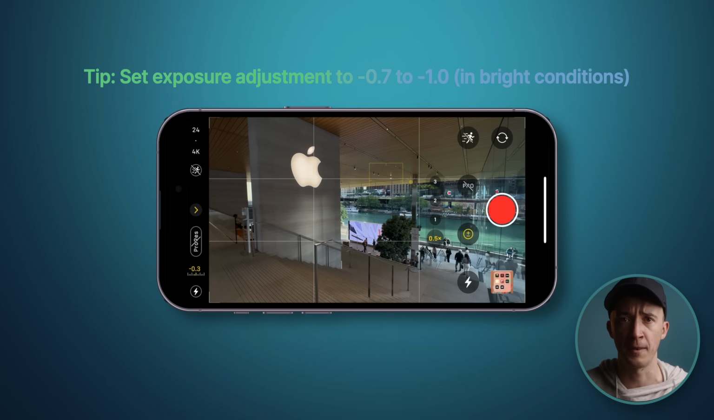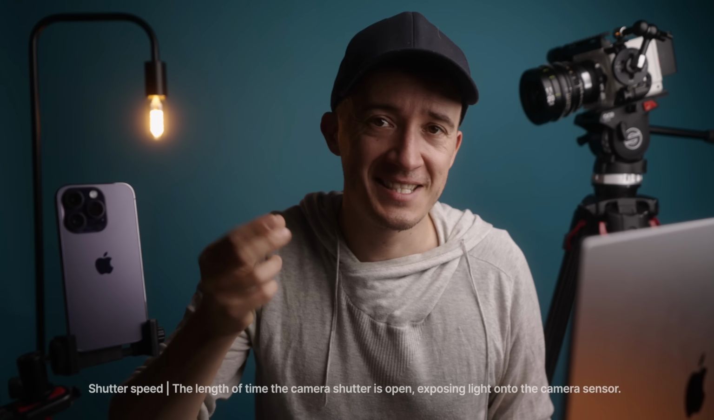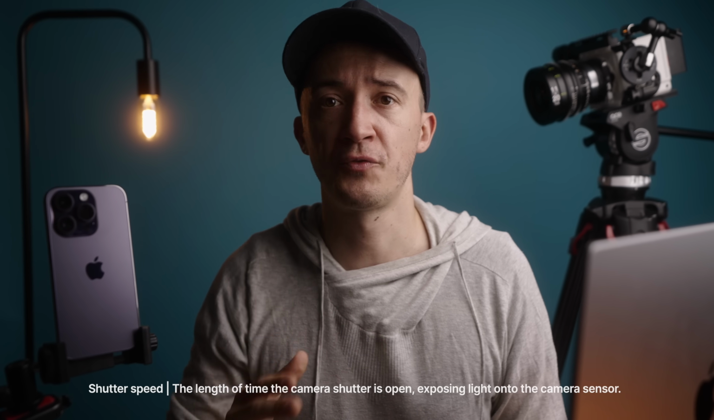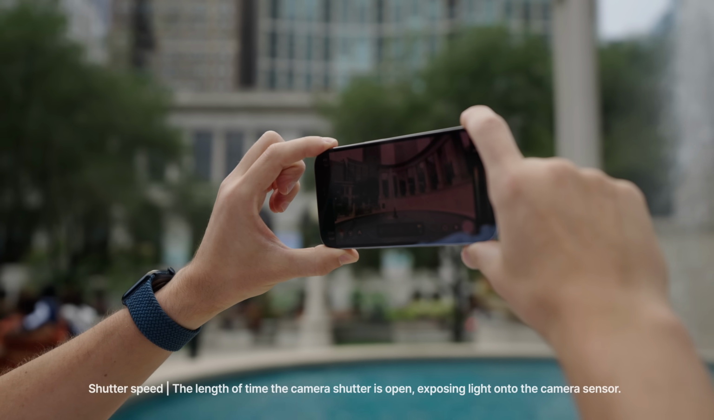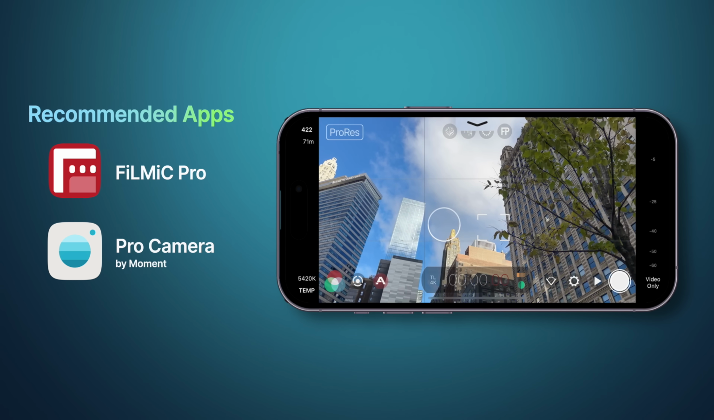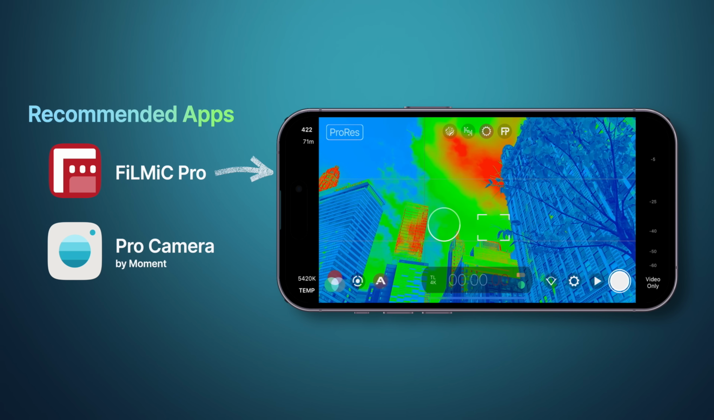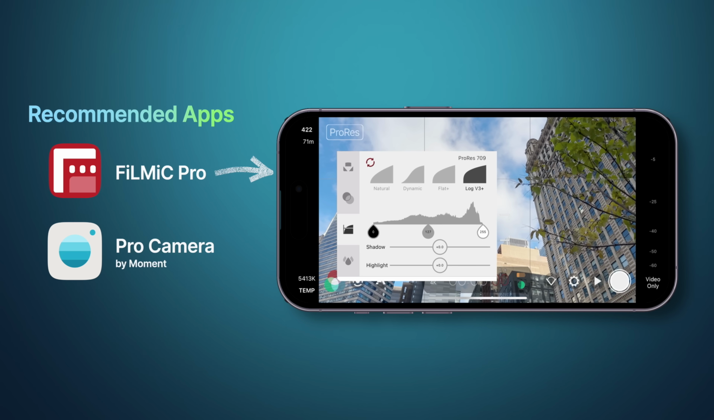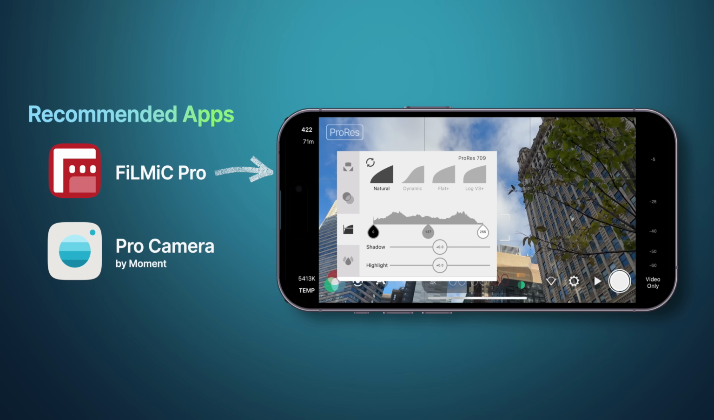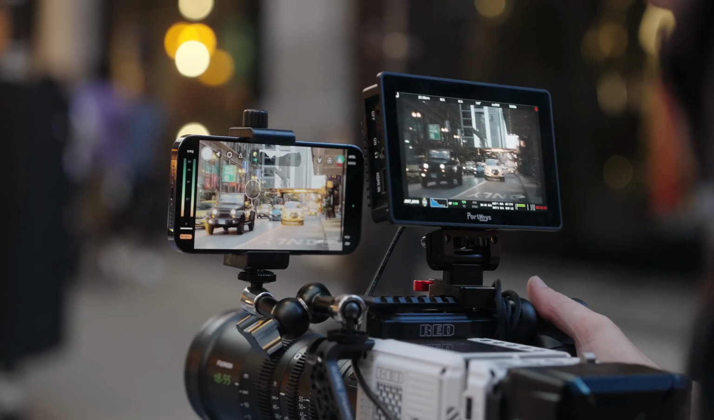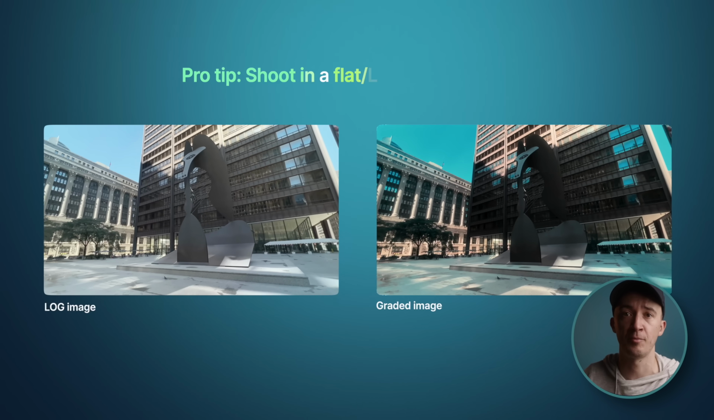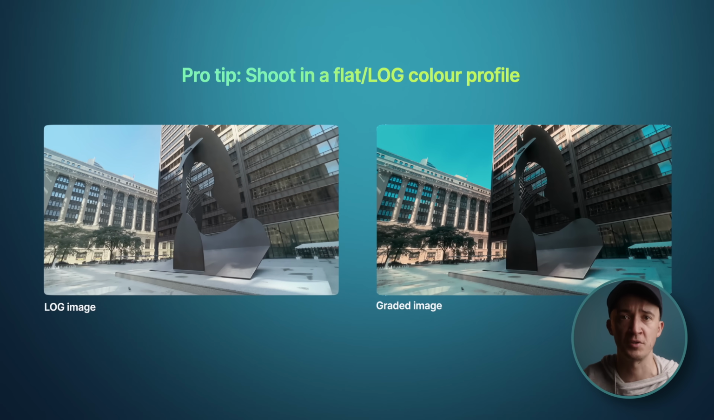or -1. Now if you want to go the extra mile and dial in a specific shutter speed, most phones, including the iPhones, require you to download a third-party app. I'm using Filmic Pro. Moment also has a great app. I will leave the links down below. But these apps also allow you to shoot in a flat logarithmic color profile. This allows you to retain the most color information and dial in the look in post, which we will talk